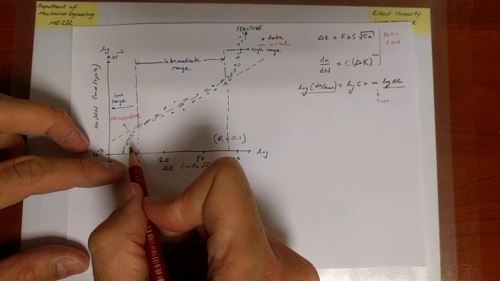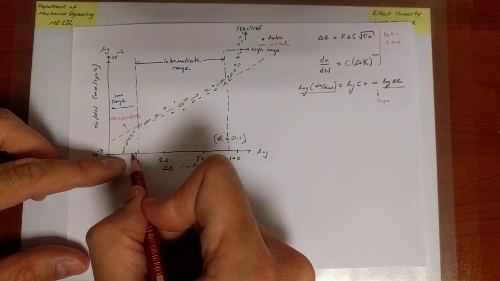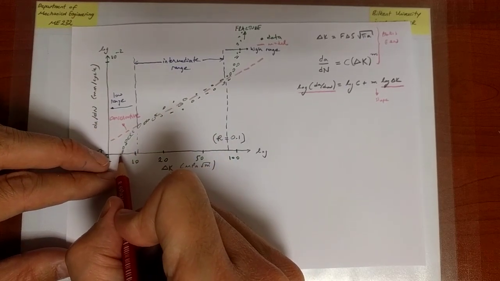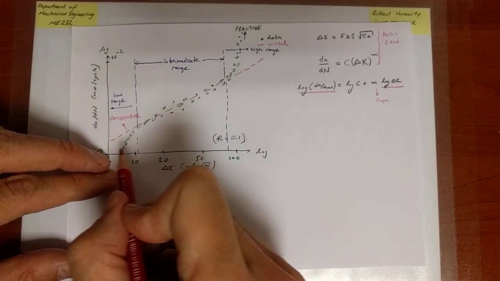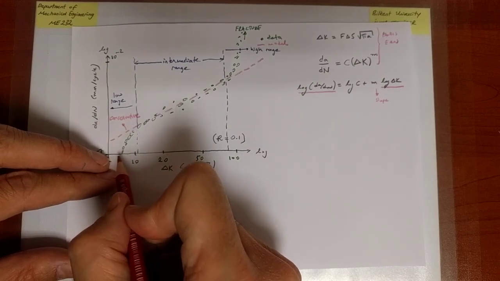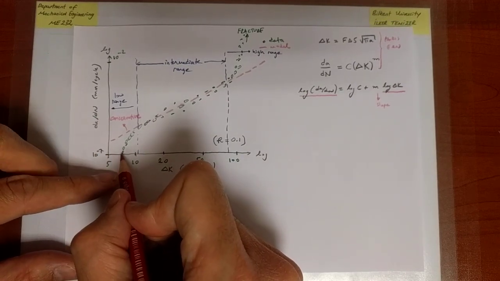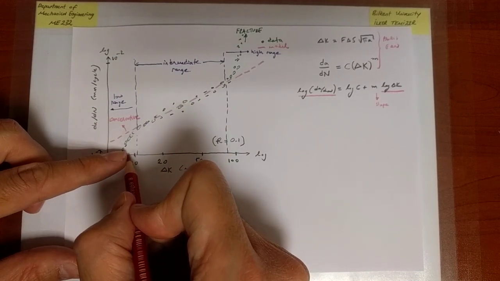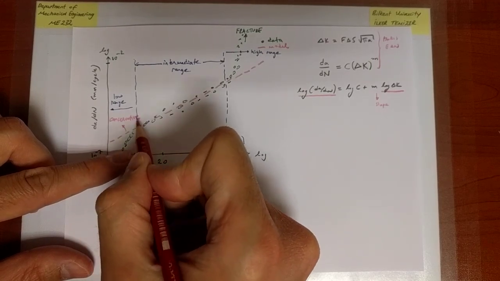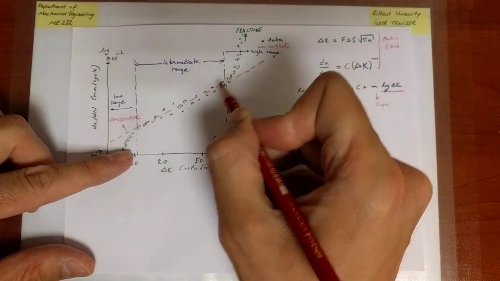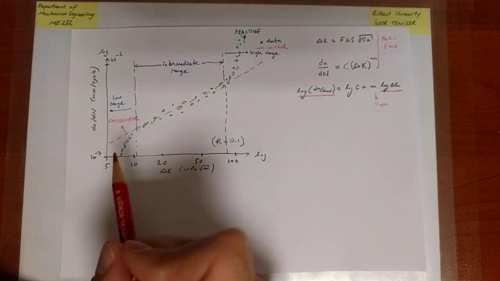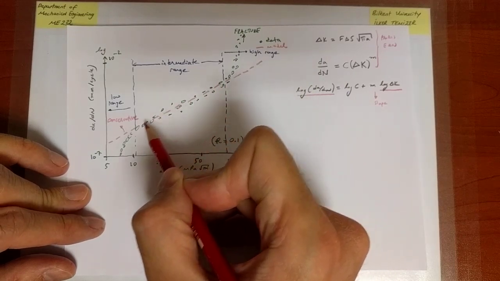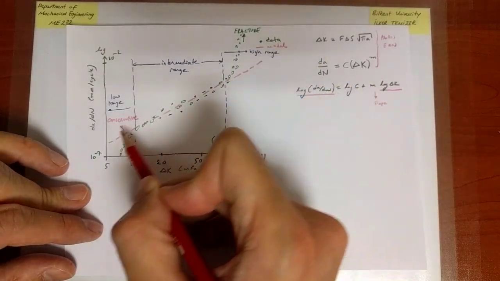So it doesn't necessarily mean that the number of cycles we spend here is small, but really the criticality of the situation will start after a certain crack size. If it's very small and it's going to take a high number of cycles for the crack to grow to another very small number, I wouldn't really care that much. But after a while, when the crack reaches a certain value, then I will really care about how much time it will take for that crack to grow to an appreciable value. So eventually, from all of that discussion, what emanates is that it is safe, more or less safe, to